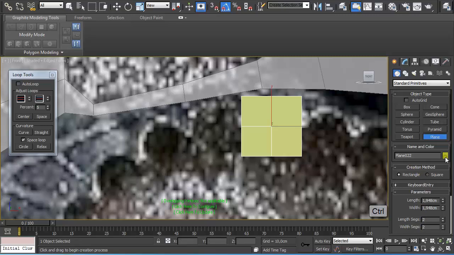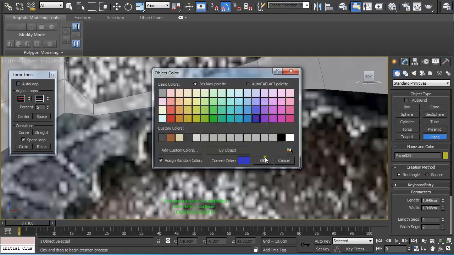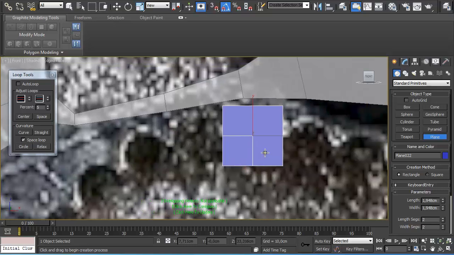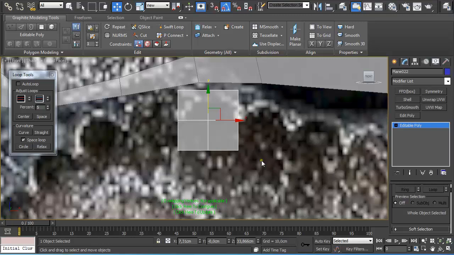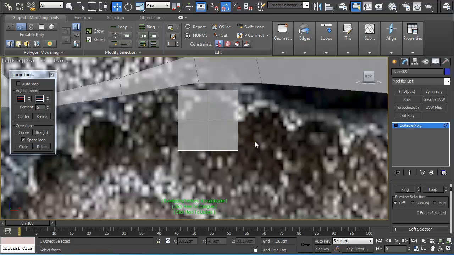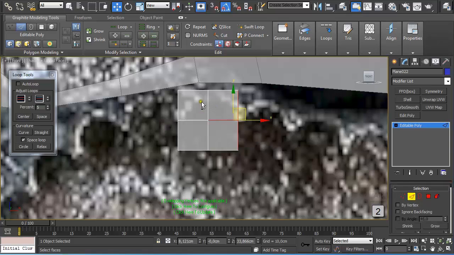Two length and width segments, make a bluish color so the edges are more easily seen. Alt X on the keyboard to go to transparency mode, and then just double right click on it and convert it to editable poly. And now we're going to go to the edge selection by pressing 2 on the keyboard, or go here to edge selection, select these 3 edges and hold Alt and deselect this one, hold Shift and just drag out to the middle of the next circle, not to the end, to the middle,